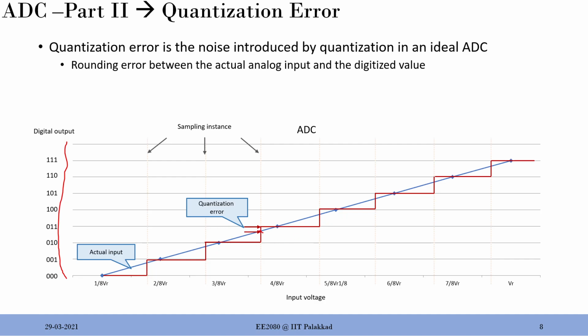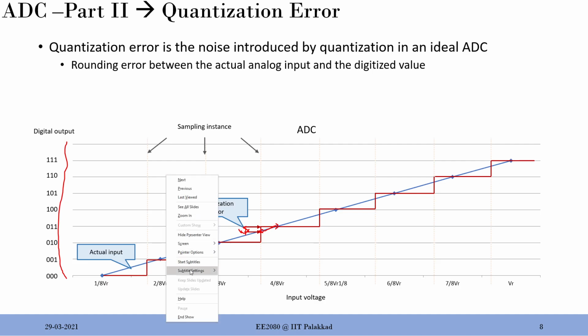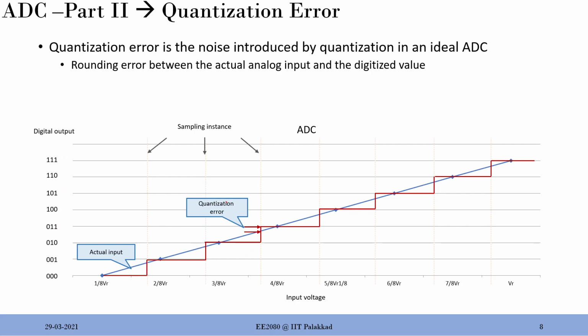Let's say this particular value in the original signal, after the quantization step, will not exist because the signal is no more analog, so it has to be quantized to here or here, but going by the rounding operation, this will go to here. So this is the quantization error, because the original signal was here, but it will look like this in the final data. So there is already an error like this. You want to reduce the quantization error, so one way to go about it is to increase the number of bits. That is why people always say that the higher the number of bits, the better, because the quantization error will get reduced.